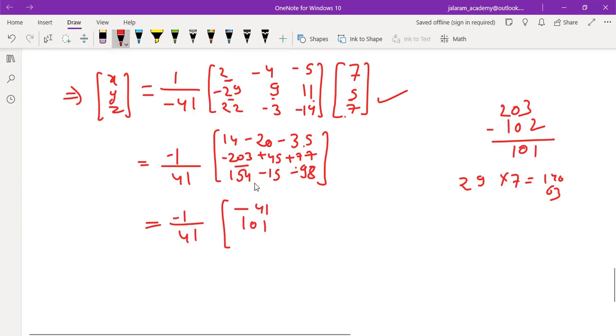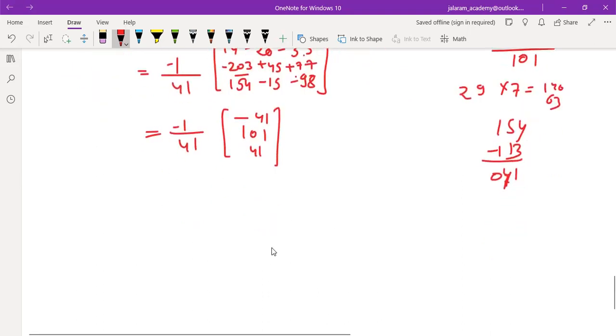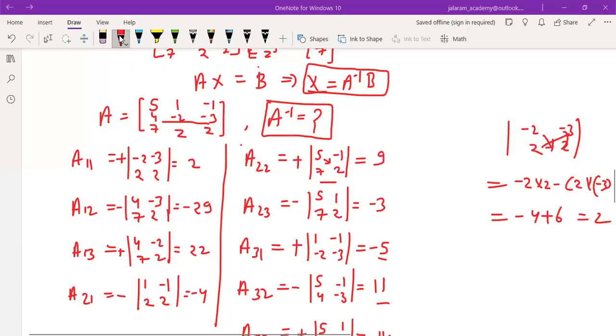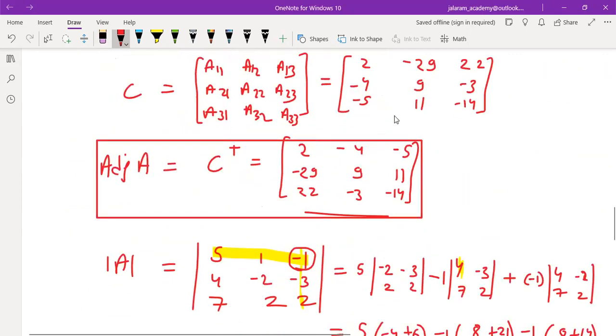Finally 22 sevens are 154 minus 113. 4 minus 3 is 1, 5 minus 1 is 2, 1 minus 1 is 0, 5 minus 1 is 4, 4 minus 3 is 1. So it is also 41, okay. And this is equal to x, y, z. So there is a calculation mistake. This must be 5 2s are 10 plus 7, 17. That's why we are not getting the correct answer.